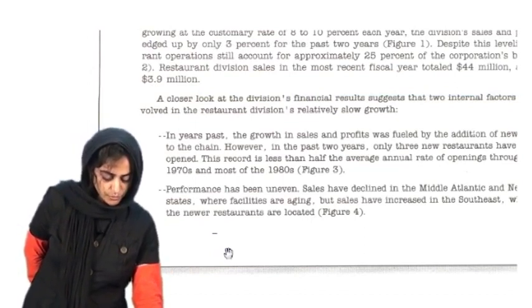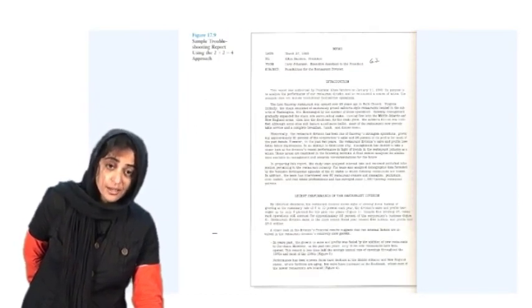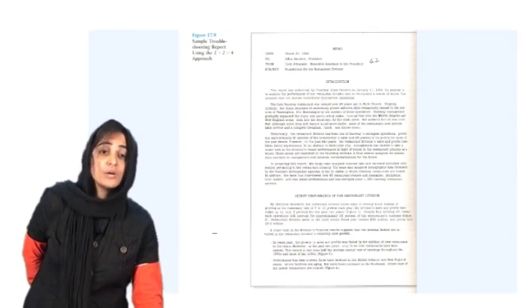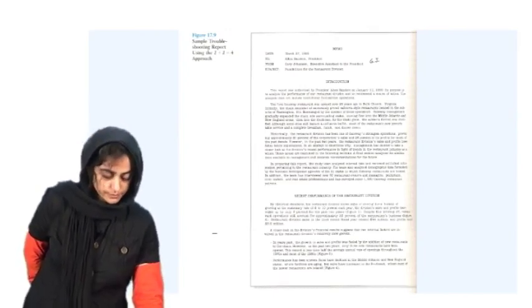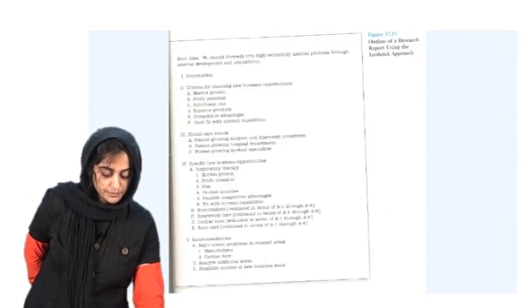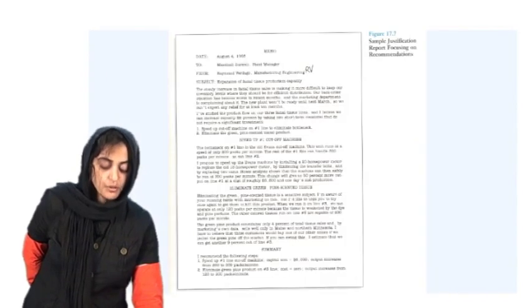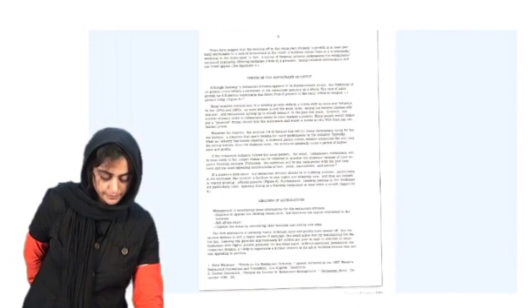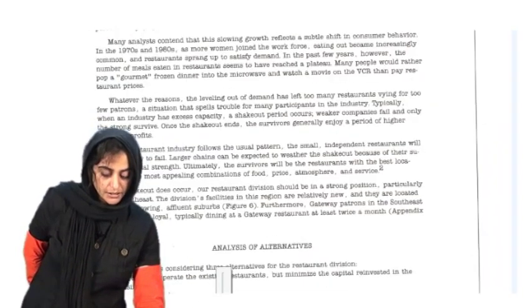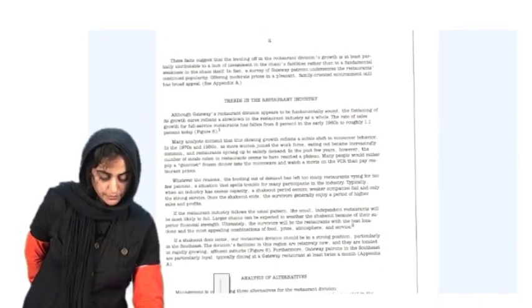Let us move to the next part of the report, dear students. This was the first page of the analytical report by Mr. Johansson, based on the 2 plus 2 equals 4 approach. And the 2 plus 2 equals 4 approach is basically one type of dividing the analytical report on the basis of logic, not on the basis of conclusions and recommendations. Let us see what next he has to say.